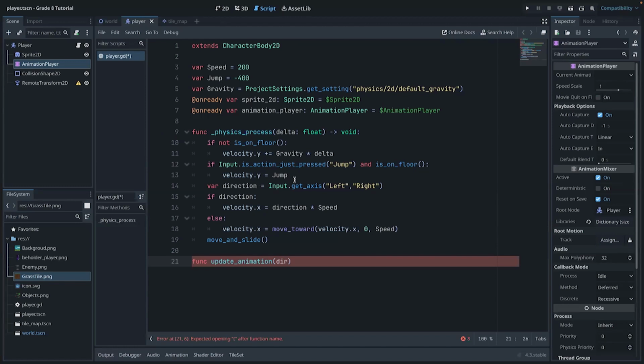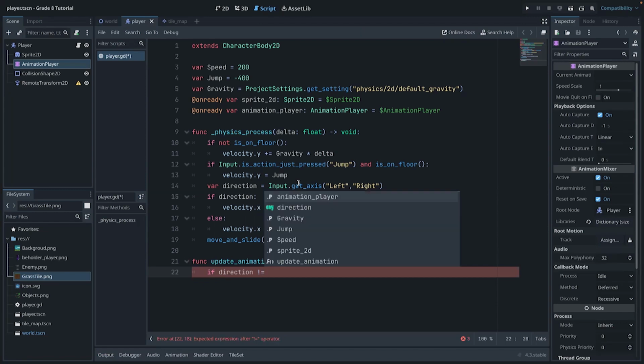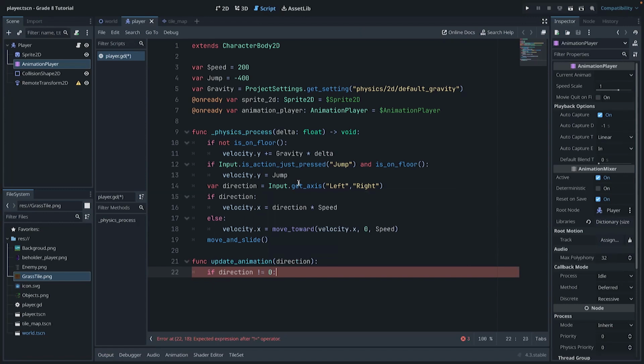And we're going to be using a direction. So we're going to type in a direction. So it's a property that we'll need, right? And then add the colon at the end. All right. Now it's upset because we don't have any code underneath it. Let's fix that. All right. So we're going to do if our direction does not equal, so exclamation mark. You could also type in not equal 0. So if we're not moving right or left, we want to